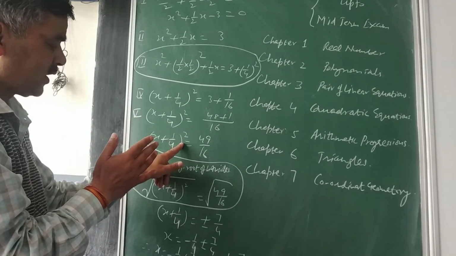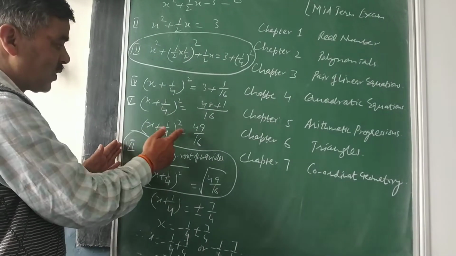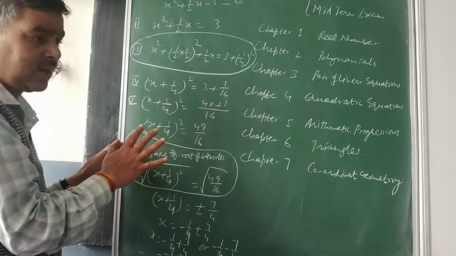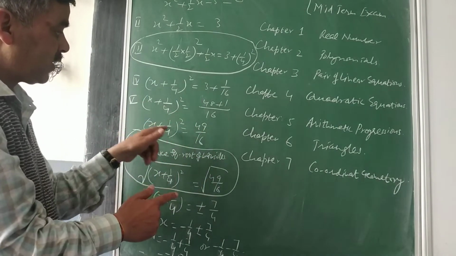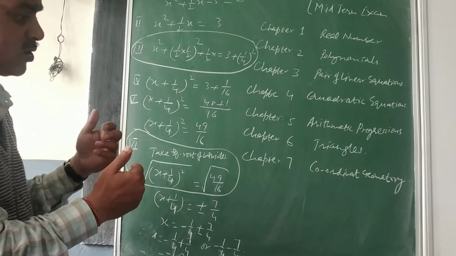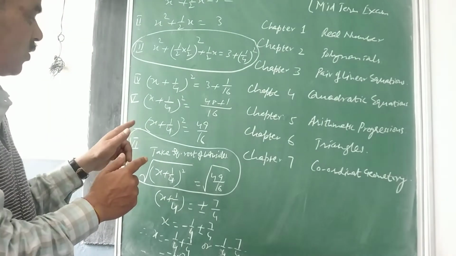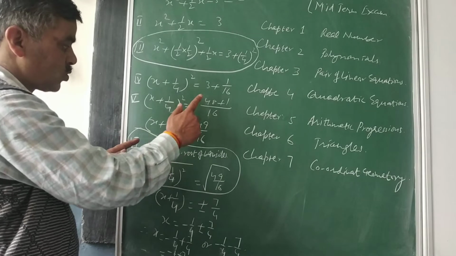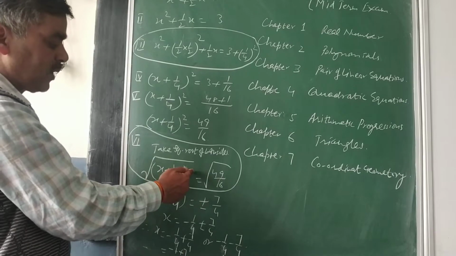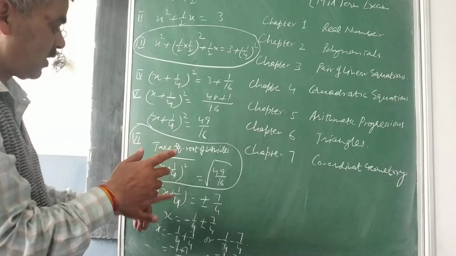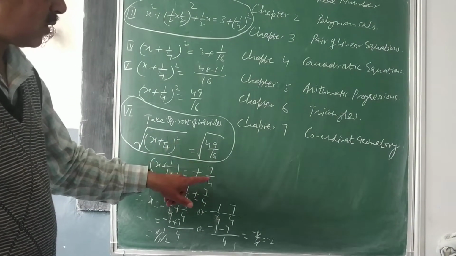Once you have written this in the perfect square form and solved this in step number 5, now in step number 6 you are looking for the value of x, not of x square. So that's why I need not expand this. I have to remove this square, and whenever it is a perfect square and you need to remove the square, always take the square root of that. If I take the square root of this, this 2 will go off, because the power of this term is 2 into 1 by 2, so I can cancel 2 with 2. Then I will be left with x plus 1 by 4, and the square root of both sides I have to take. So this will be 7 upon 4.